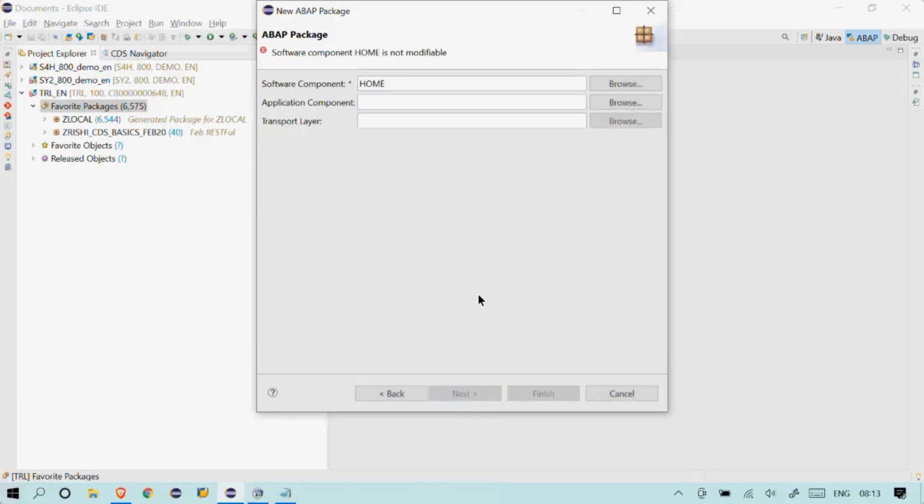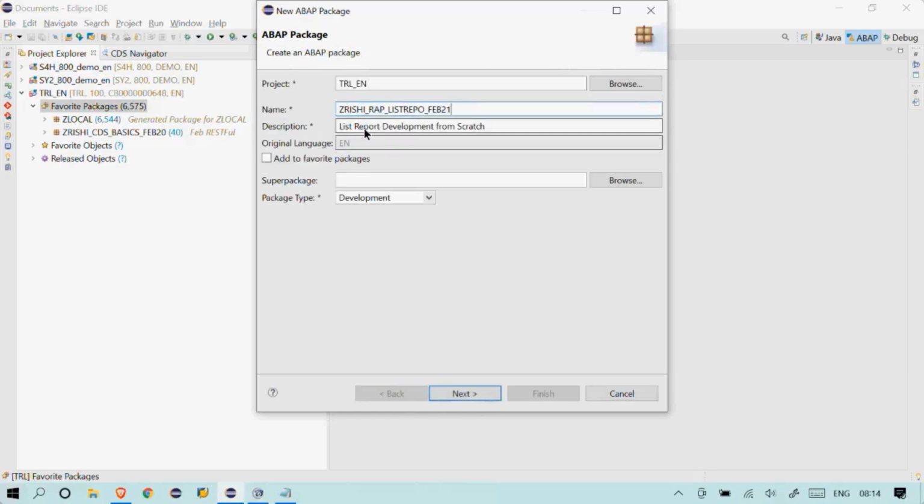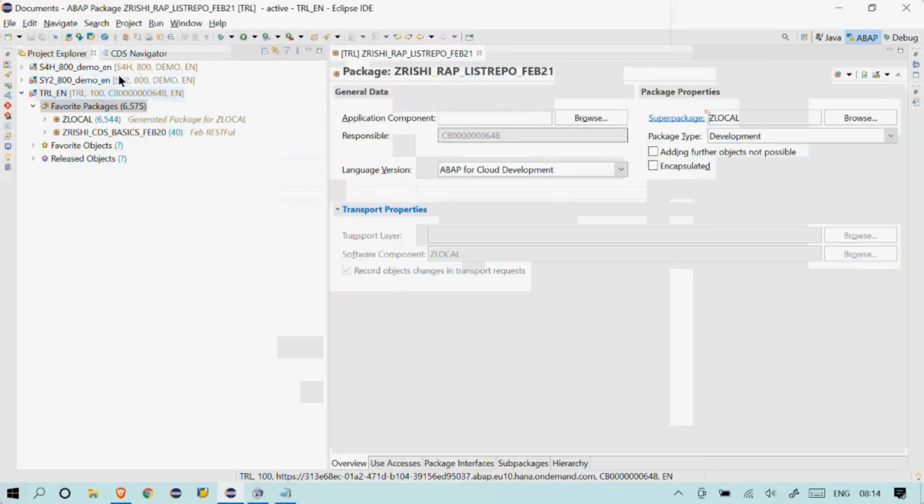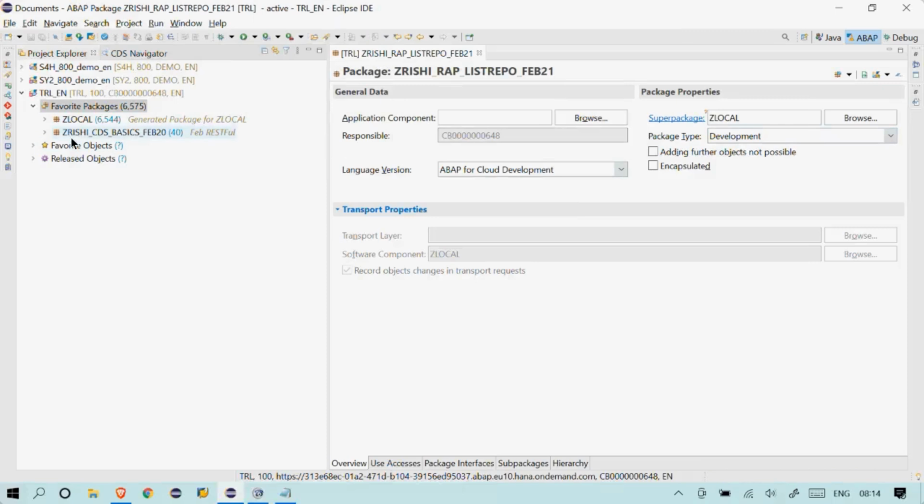Click on next. Well, say local, I believe. Provide super package, click on next and finish. So my package is ready. I gave super package as zlocal.